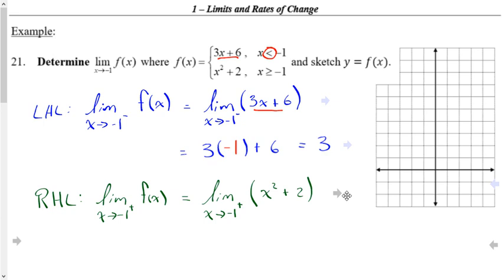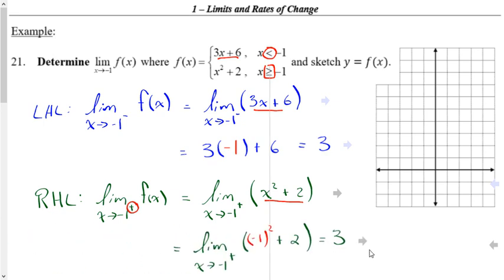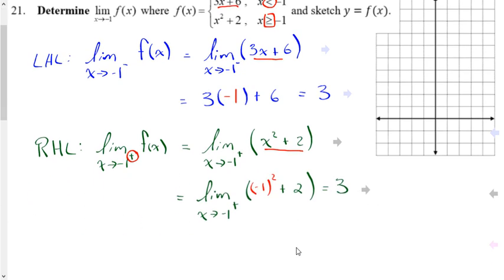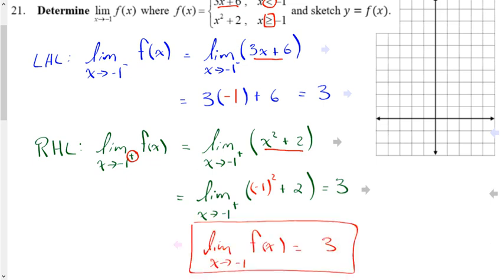So here, as I'm doing the limit as x approaches -1 from the right-hand side, that little plus in the exponent there, I'm looking for values of x that are greater than -1. So I'm using this x squared plus 2 definition for the function as I do my right-hand limit. And again, I can just plug in the -1 in order to evaluate. Since my left-hand limit is equal to my right-hand limit, they both equal 3, that is the limit of the